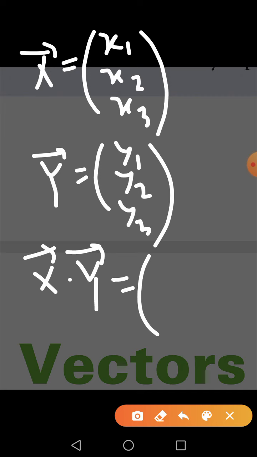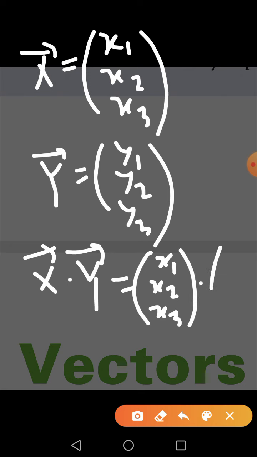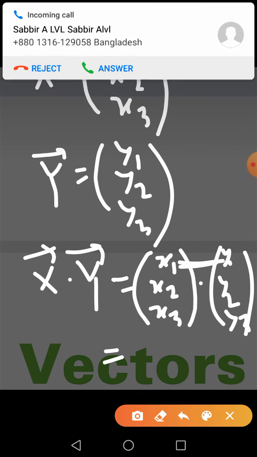Okay. So, if I try to find out x dot y, it will be the product of x values, the product of y values, and the product of z values. Okay, so let's write it down first. x1, x2, x3 dot y1, y2, y3. Okay, and these will be equal to x1 straight multiply